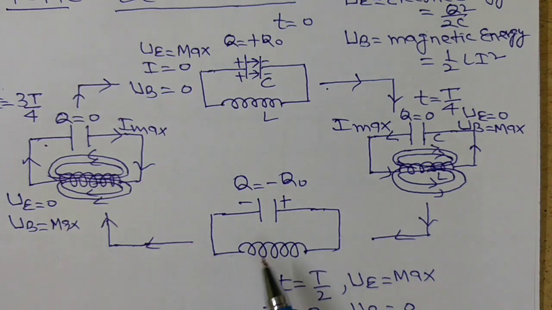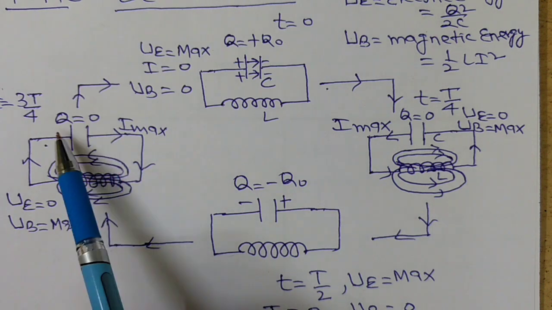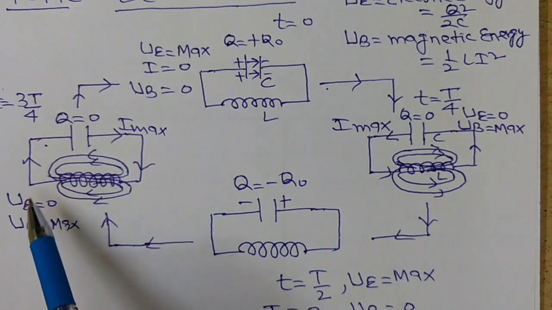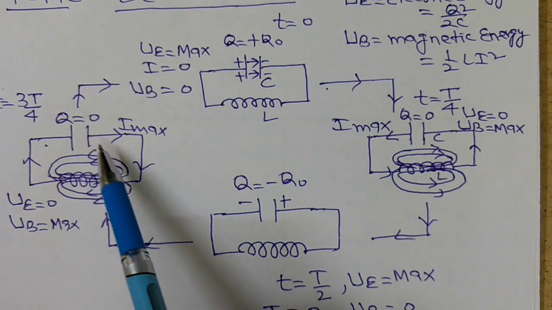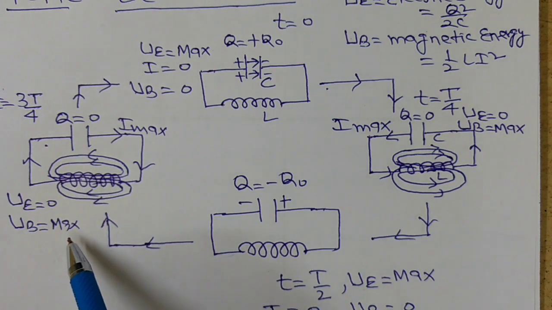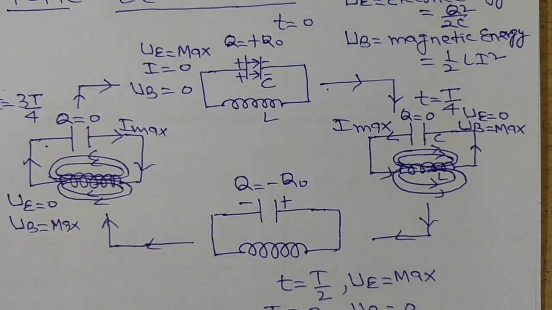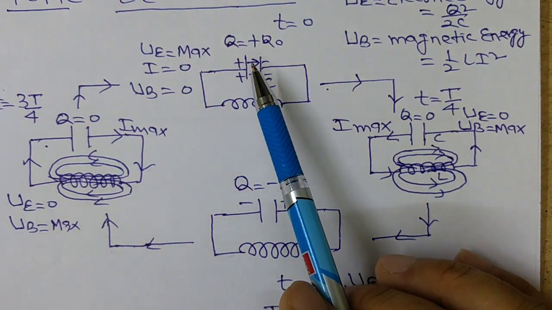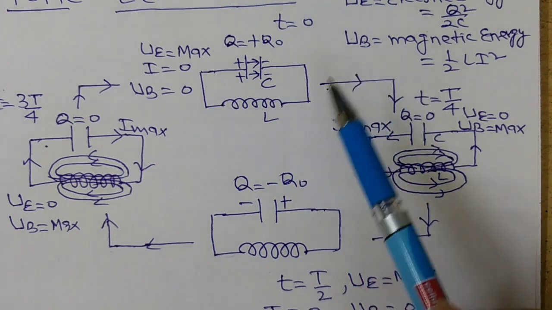But at the next instant, this capacitor again starts discharging. Therefore, at time t is equal to 3T by 4, the charge on the capacitor is 0, and hence the electrical energy stored by the capacitor is 0. And at this time, current is maximum. Therefore, the magnetic field energy stored by the inductor is maximum at this time. Therefore, here हम देख रहे हैं कि यहाँ पर जो एनर्जी है, this electrical energy and magnetic energy oscillate